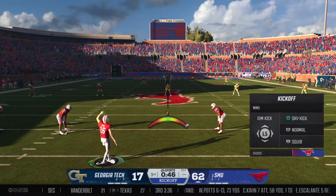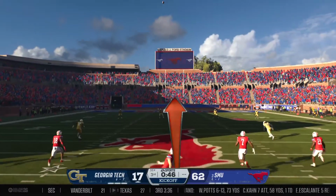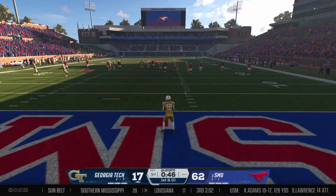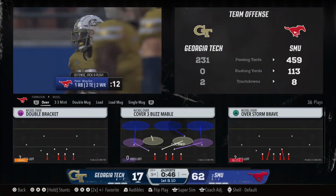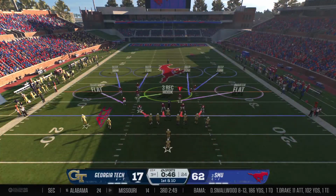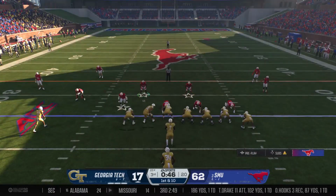This one's over. Kickoff unit getting some extra work as this lead has really grown. 62, Georgia Tech, 17. And it'll be a touchback. The ball will come out to the 25-yard line. The Georgia Tech offense rolls back onto the field. They really didn't move the ball at all the last time they had it, hoping for better fortune this time